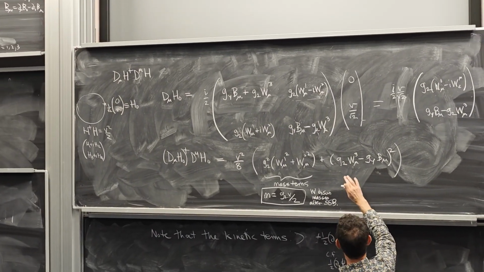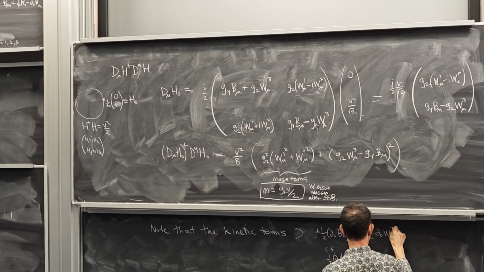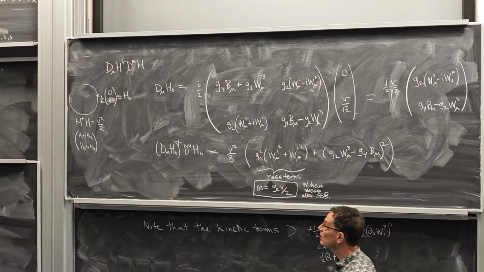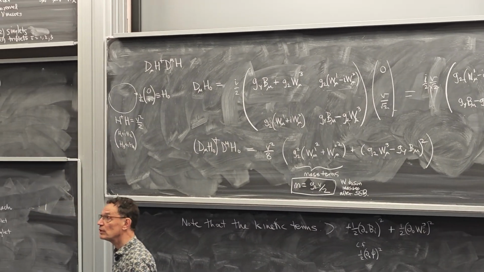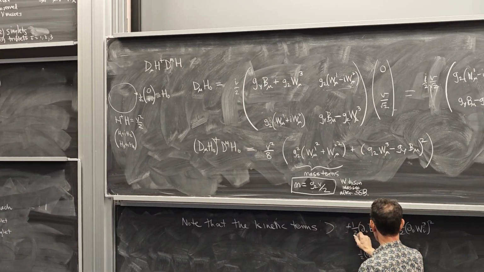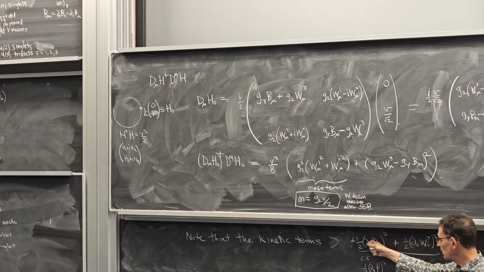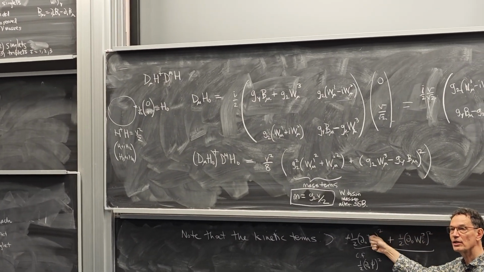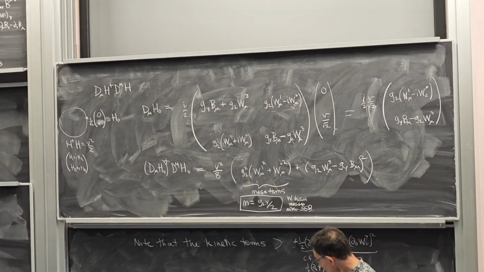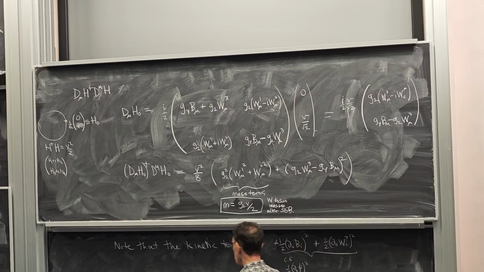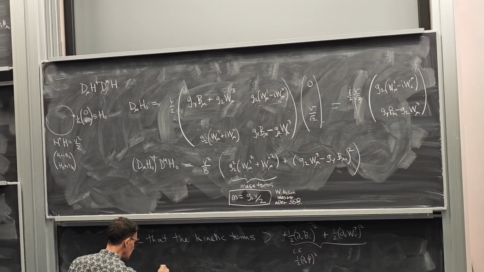Similarly, for the W mu 3, I get 1/2 d0 Wi3 squared. Okay, reading off from the SU2 part of the Lagrangian. Notice that this combination is invariant under rotating B and W3 into each other. It's a sum of squares, right? So this is invariant, so the kinetic terms are invariant, the sum of the kinetic terms is invariant